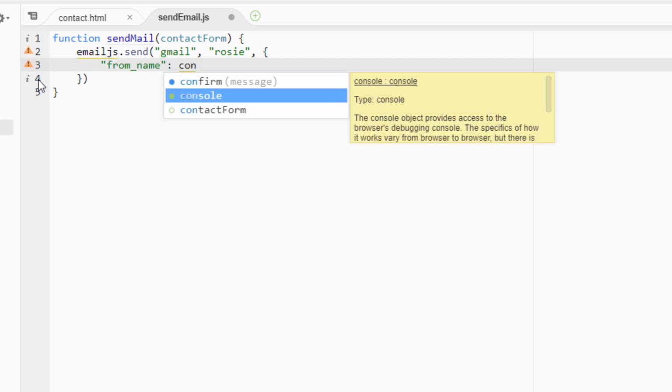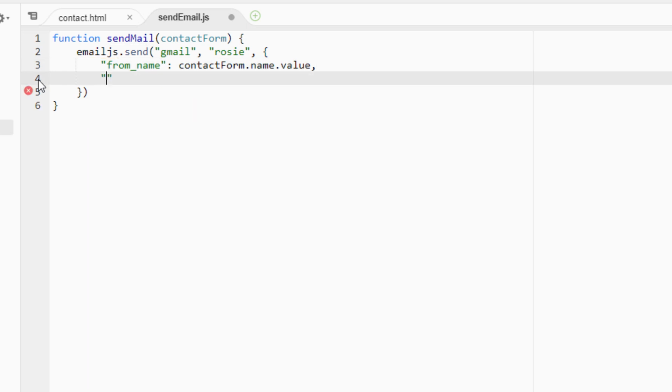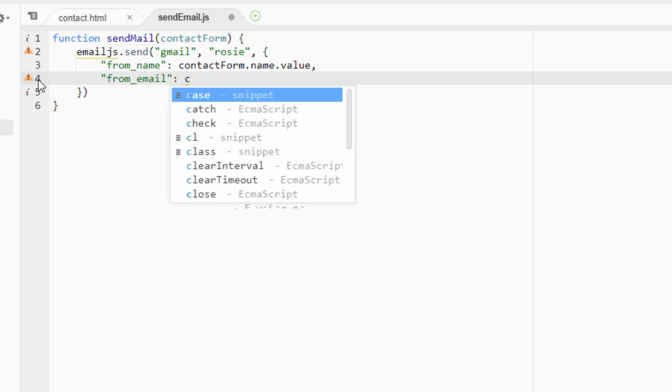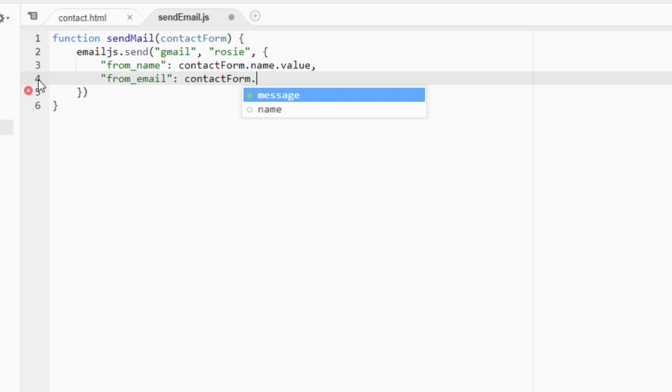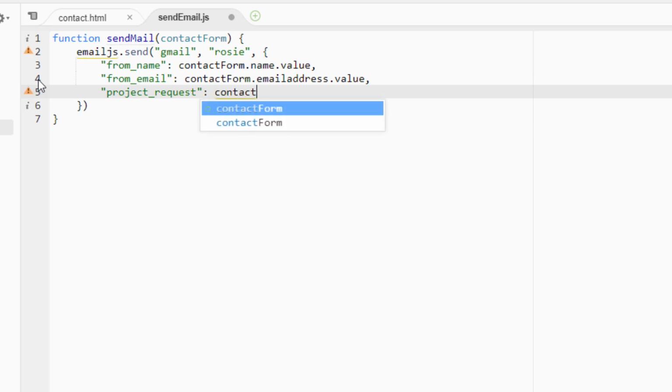So the first parameter is our from_name. And for that, we're going to get contactForm.name.value. And name here is the same as the name that we gave this field in our contact.html form. It's the same here for from_email. ContactForm, we gave it the name of emailaddress back in our HTML file, and then the value. Notice that the keys for this object are all equal to the parameter names that we've set in our email template back on emailjs. Finally, we have project_request, and that's going to be equal to contactForm